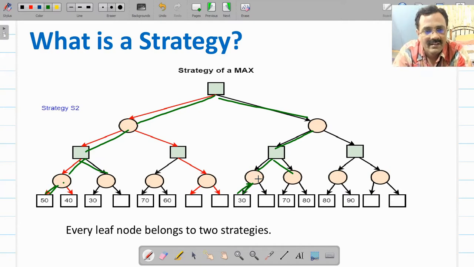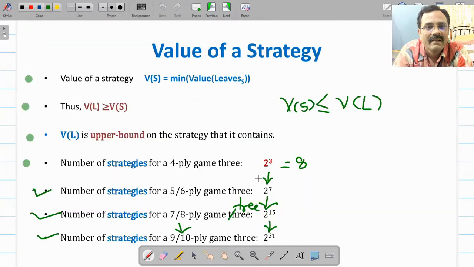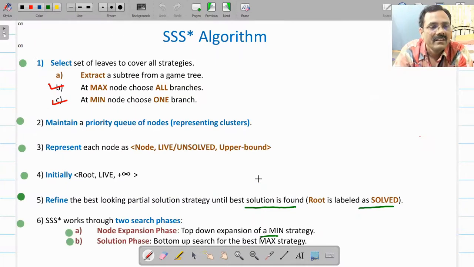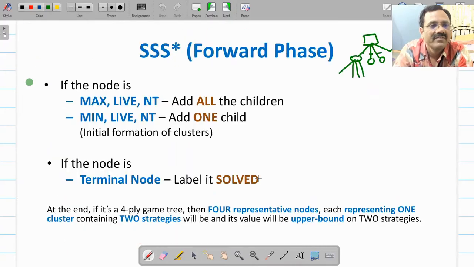Right? So this will give you the required subtree. Then finally you are going to reach the terminal node, label it solved. Before that, all nodes we label them live. At the terminal node we are going to label that as solved. So at the end